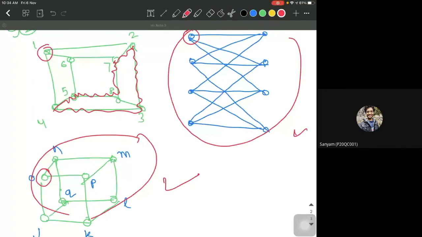And there are certain other outlying cases as well, 5 and 6, which can be performed on the basis of chromatic number or the planarity check and other parameters. So concluding this, we have a fine-tune parameter, which will be telling us how much you want to fine-tune your matching. When you give a higher value of that parameter, as we saw in this code, that if m distance is less than 0.75 into the distance, right? So if you use a higher value of this distance parameter or this constant, then you get the exact matching. Whereas on applying a lower value of this parameter, you will get inexact matching.